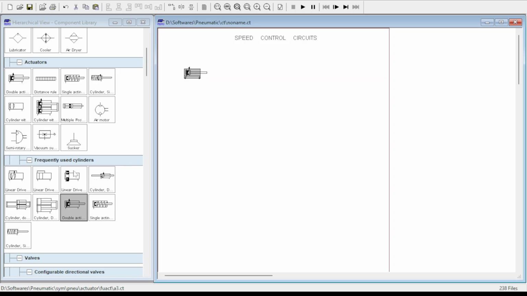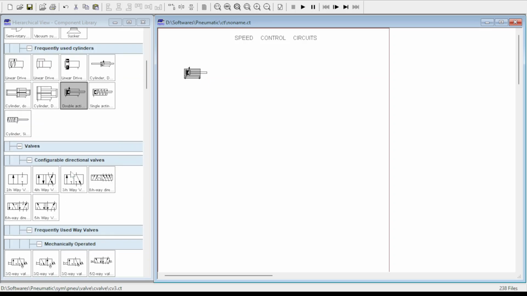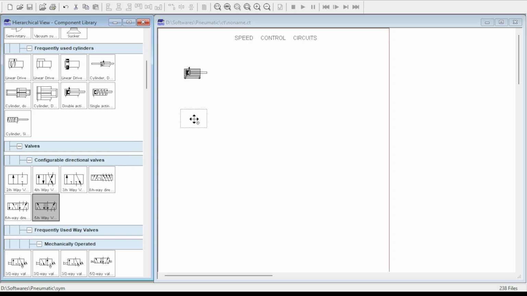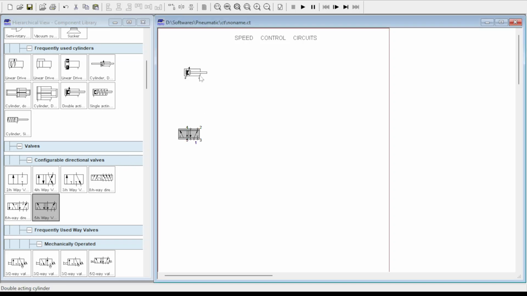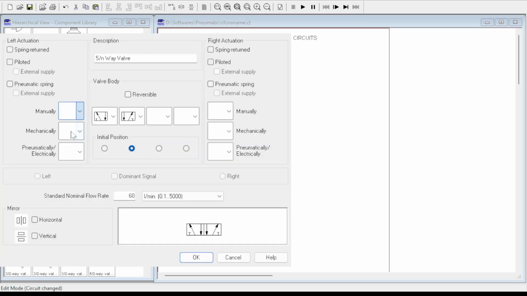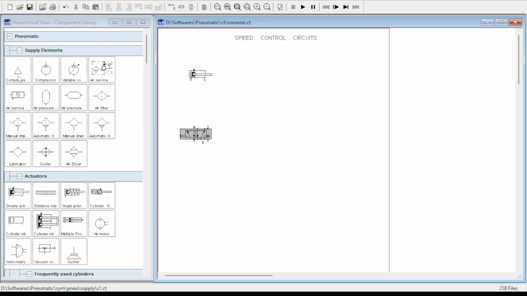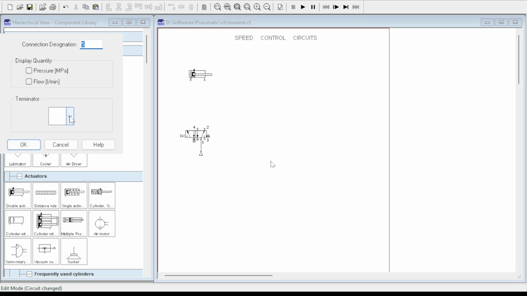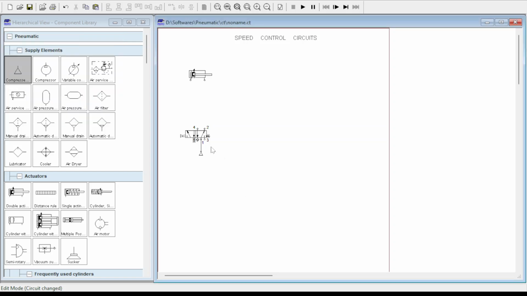So this double acting cylinder will be controlled by a 5x2 DCV, and I make it as simple as a 5x2 DCV which is manually controlled, so I'll make it a push button detent operated spring return DCV. I'll connect it to the compressed air source, and the terminals 5 and 3 will be connected to the exhaust.